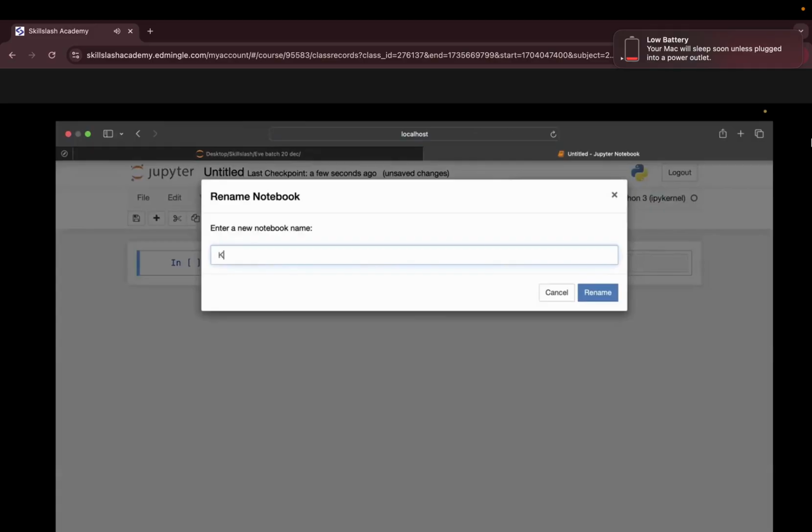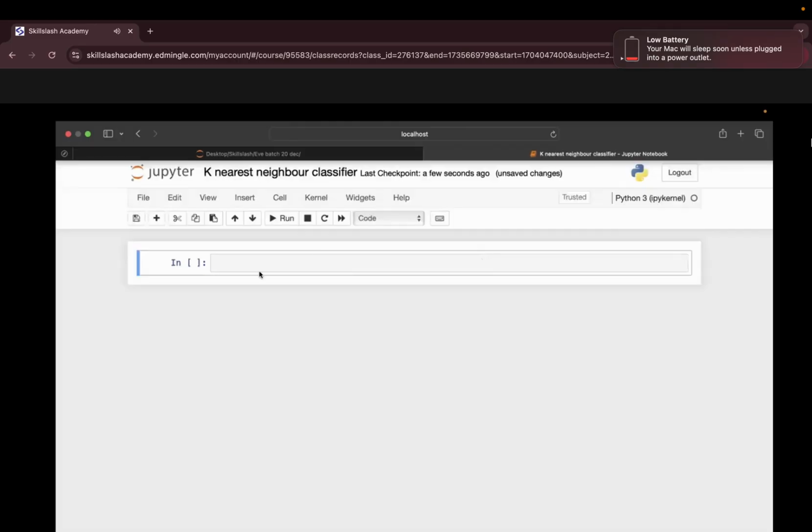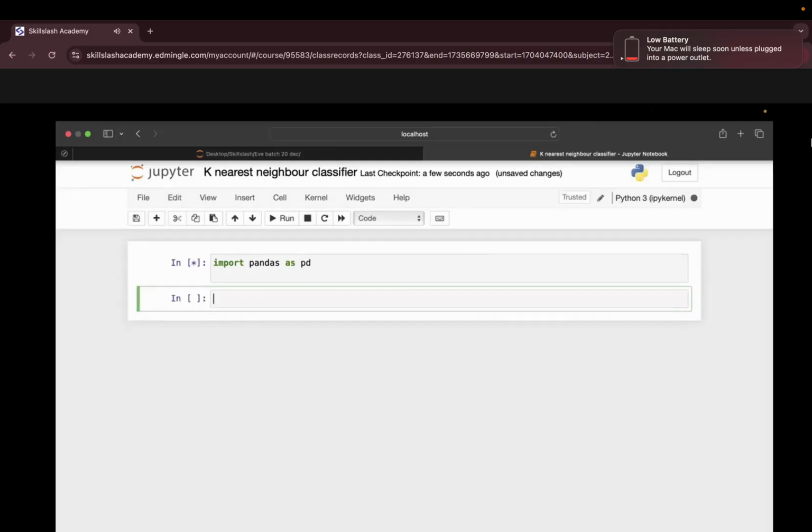So this is K nearest neighbor classifier. Chalo. I'm importing the data set. Import pandas as pd. Now guys, we are done with Python.